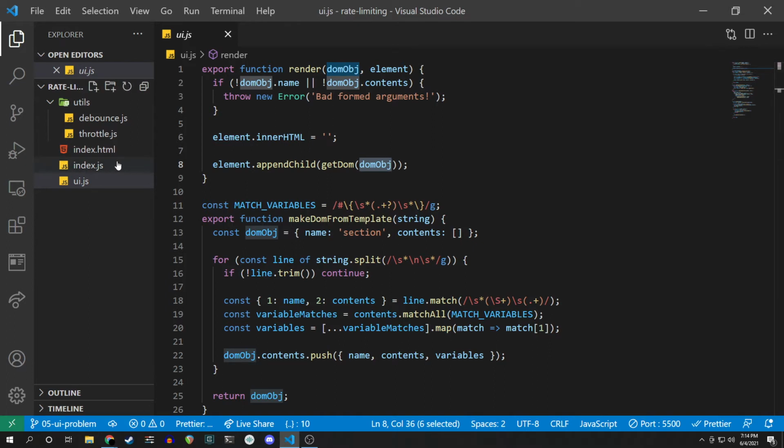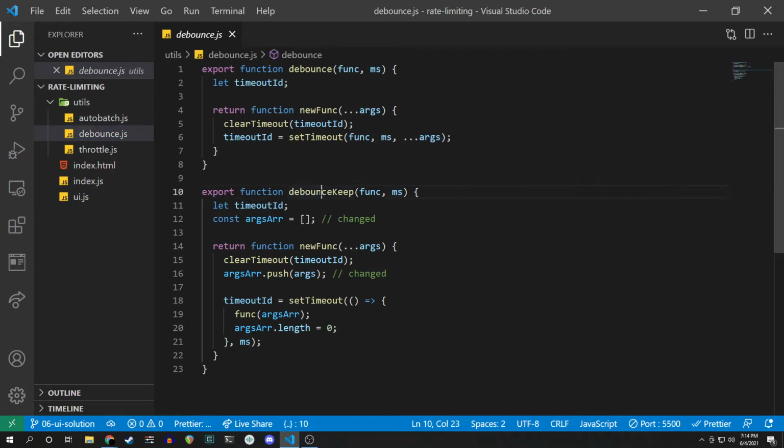What you might have is a specific batch update function. But let's talk about a really cool thing called autobatch. Now I've added a new thing over here called autobatch. I've also added something called debounce keep, because this sort of plays off of the idea of a debounce. What if inside of a debounce, instead of throwing away all the functions, we kept them? So we're still going to keep the concept of executing them after a set timeout, but we're going to keep all of the calls we get, and we're going to take this arguments array